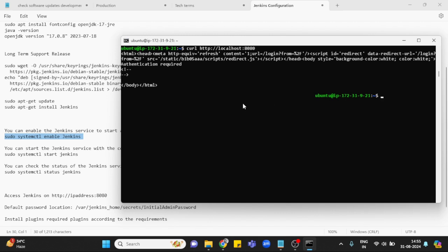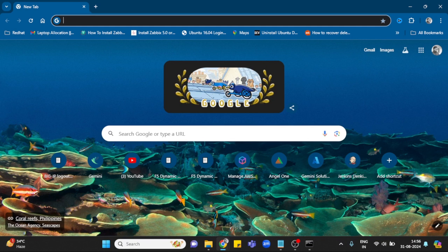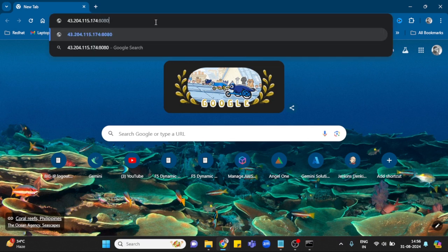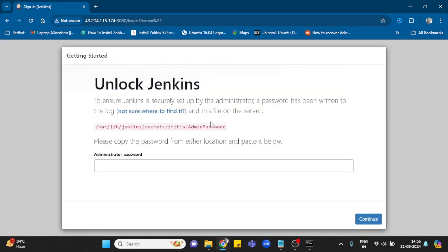Fine. So I'm just going to enable port 8888. It means 8080, sorry for that. So let me just enable the port and access the browser. Here is the new tab. Let me access it with the public IP. Okay, fine. So we can see the Jenkins server is accessible via the web browser, and see, the password is